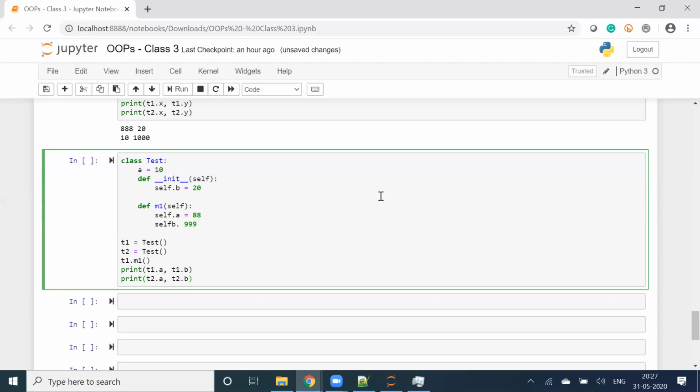What will be the output? Spend some time and let me know what will be the output.